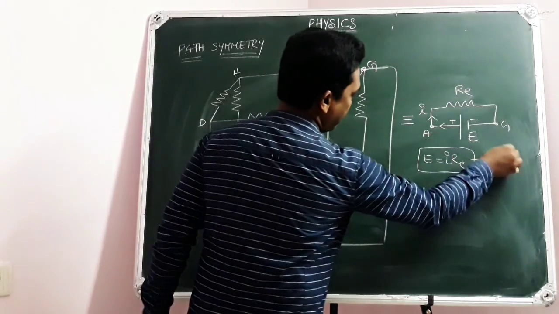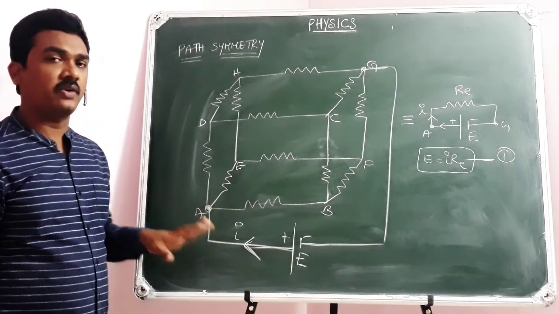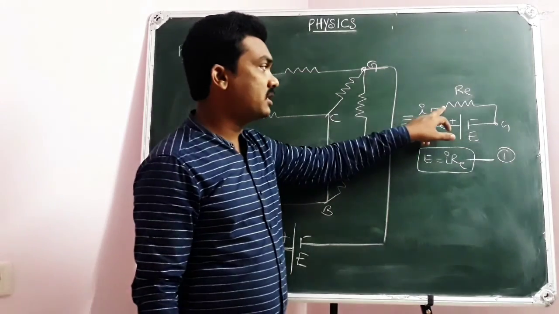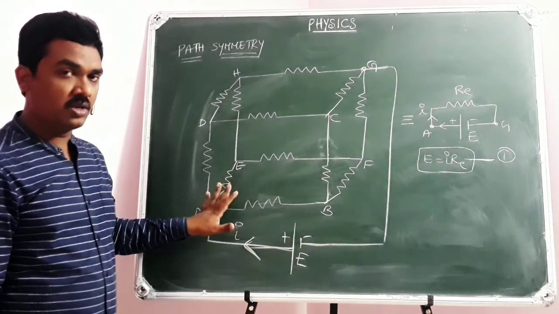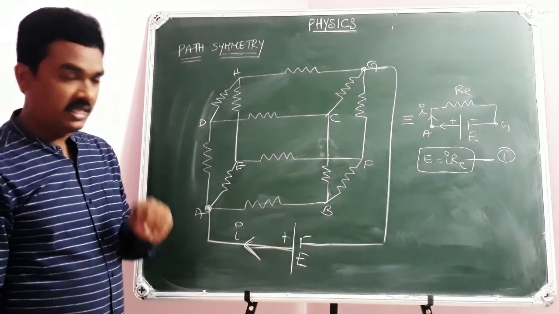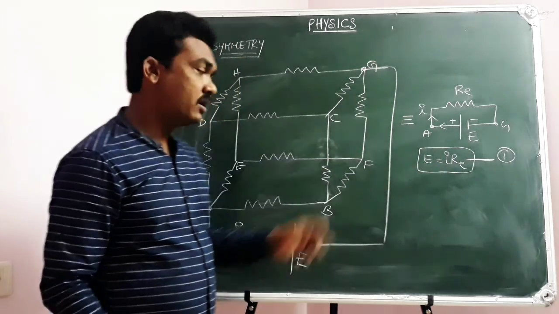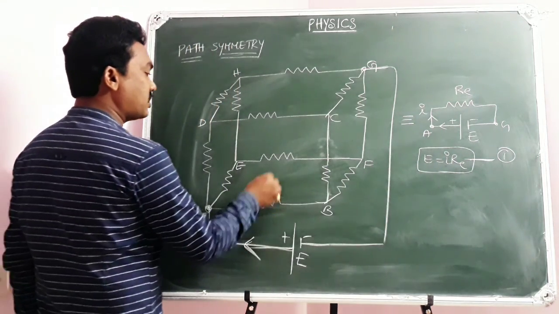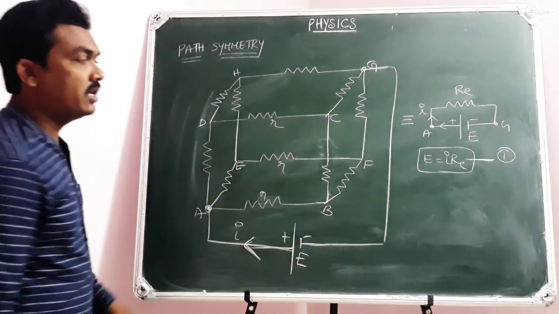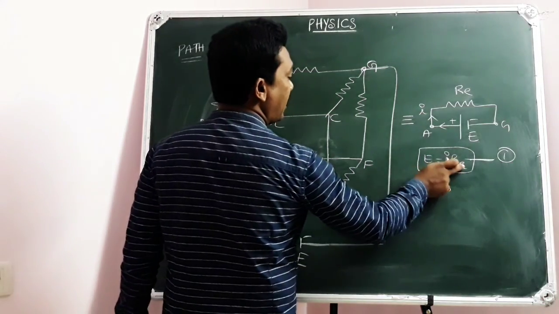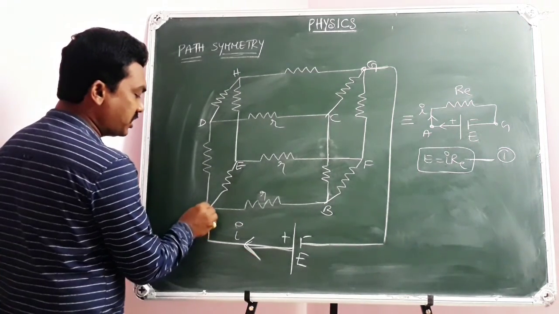This is one equation. While solving this type of complex electric circuit, we first suppose an equivalent resistance RE, then we write the equation E equal to I RE. Now I will talk about the distribution of currents among the resistors. Then I will derive the formula for EMF in terms of I and R, where R means the identical resistor. So in terms of I and R, I will derive RE in terms of R. Here current I is coming to the junction A.